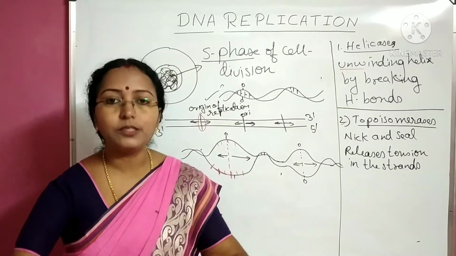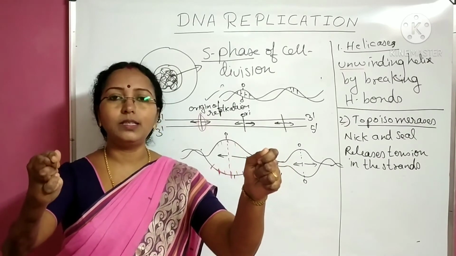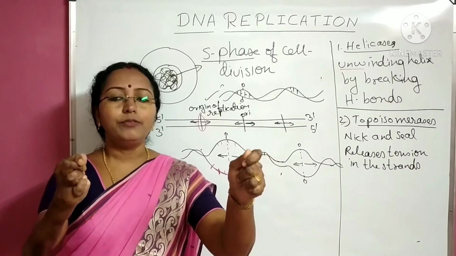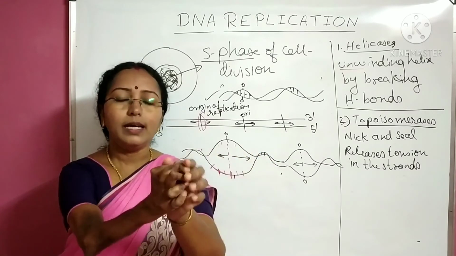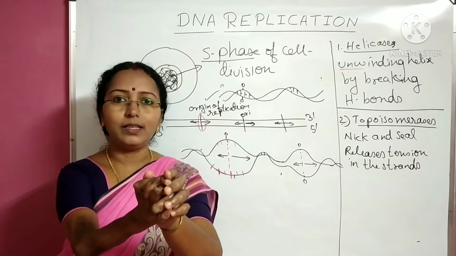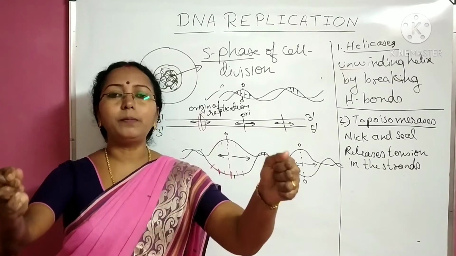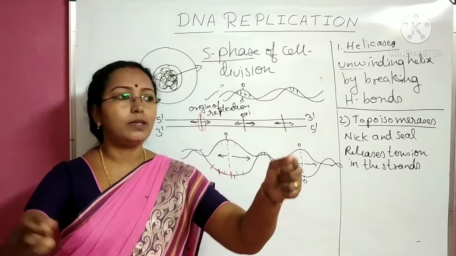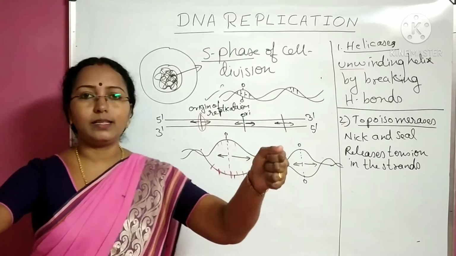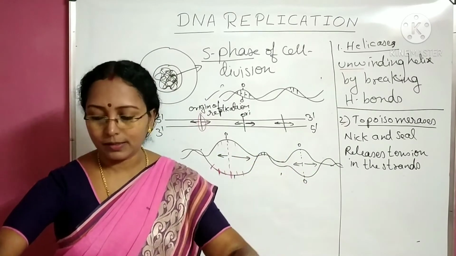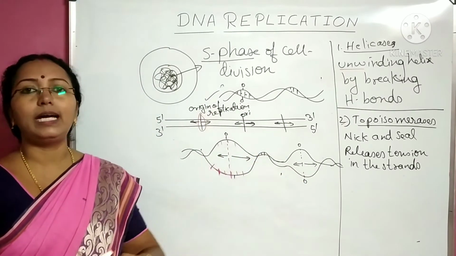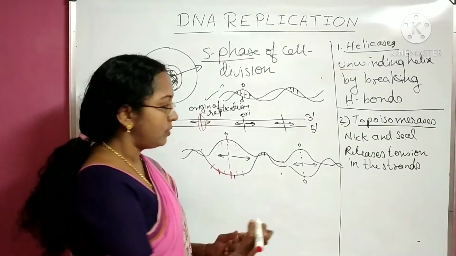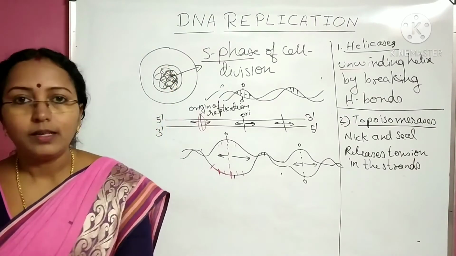For example, you take two magnets, one is North Pole and another one is South Pole. Okay, if you just release your hands, what will happen? Immediately they will come and attract together, isn't it? So there should be some clips on either sides to hold these two separated strands. So which are those clips which is holding the two strands, keeping it separated? So that is the next